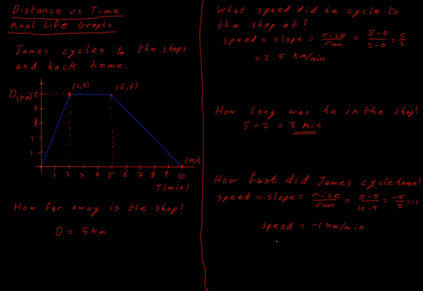But we don't usually deal with that in junior cycle. Usually we say he was traveling back home at 1 kilometer per minute. And we don't worry too much about the sign. But this is technically more mathematically true. So it's good if we can write it this way, but if you wrote down 1 kilometer per minute, we'd be okay as well. So that is what we need for our